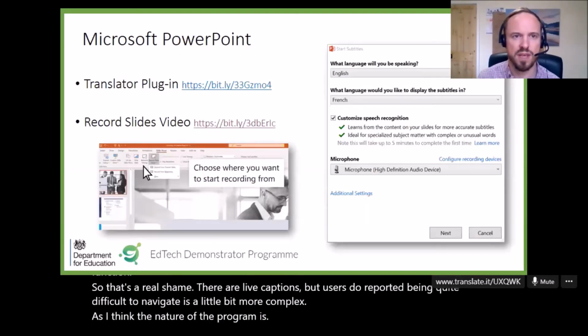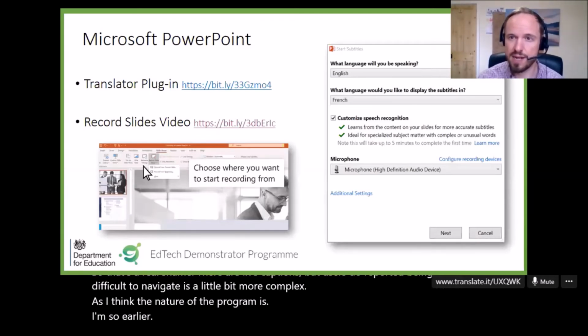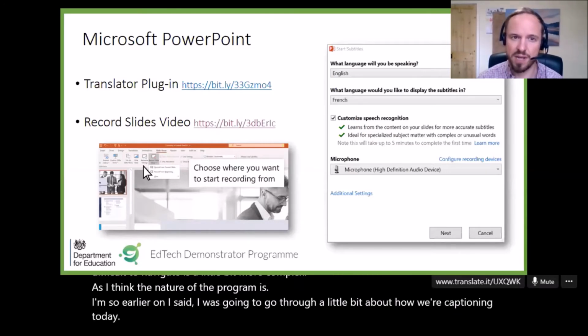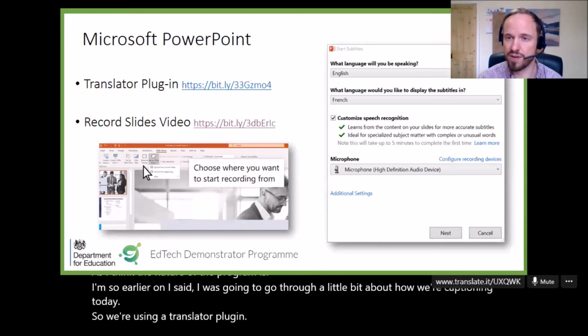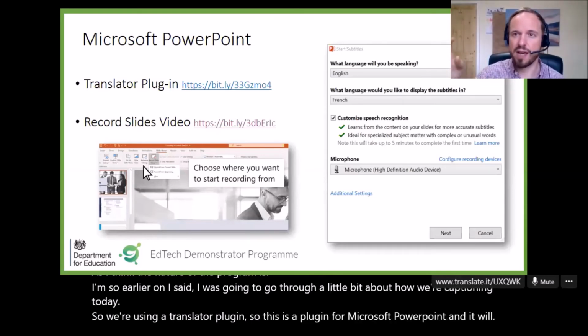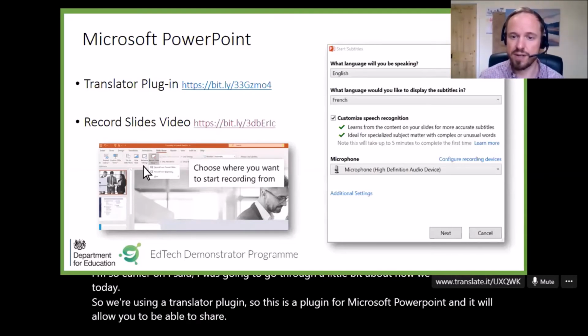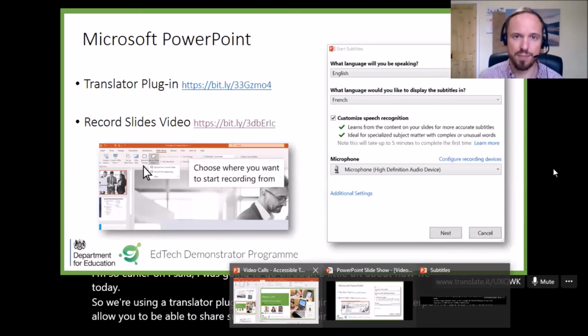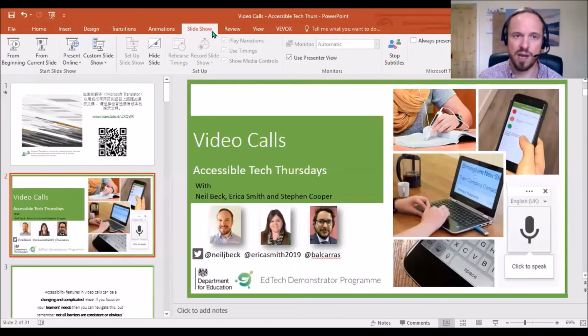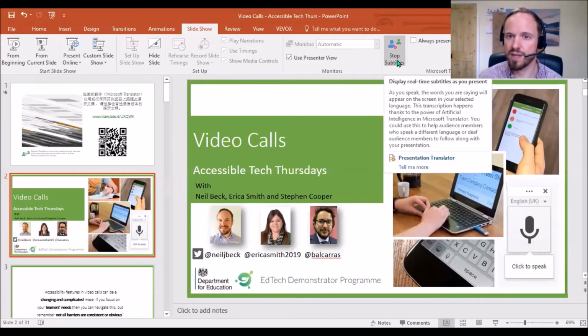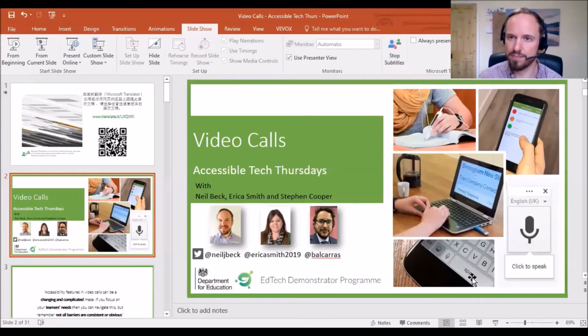So earlier on, I said I was going to go through a little bit about how we're captioning today. We're using a translator plugin. This is a plugin for Microsoft PowerPoint, and it allows you to share subtitles in PowerPoint. Within PowerPoint, if I go to Slideshow and then Start Subtitles, that is only available to me as I have the